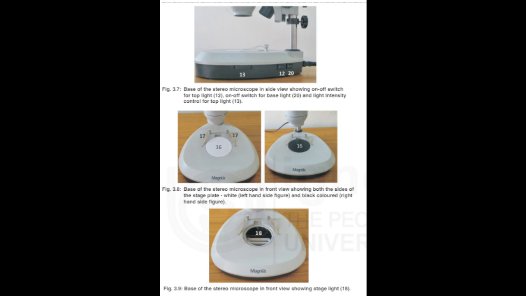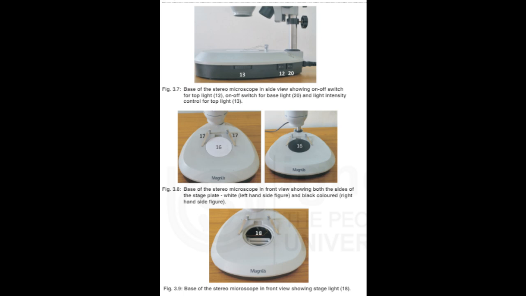It is the stand, 22, that rests the microscope on the table and supports the entire microscope. Stage plate, 16. The specimen is placed on the stage plate for viewing. The plate is mounted on the base of the microscope directly under the objective lens unit. The background color of the stage plate can be changed for optimal contrast with the specimen. Usually white or black stage inserts are used.